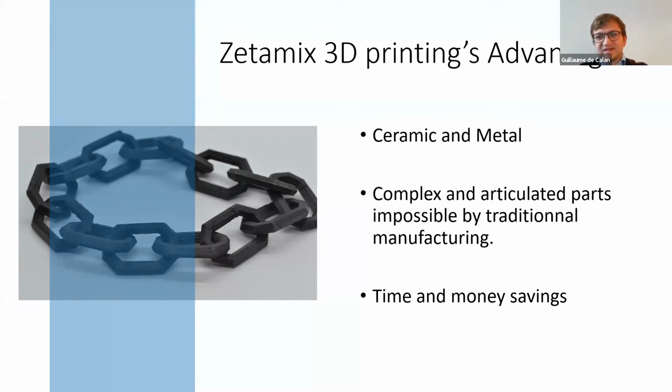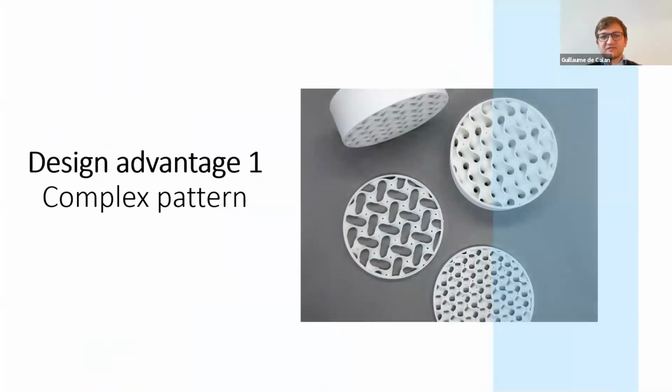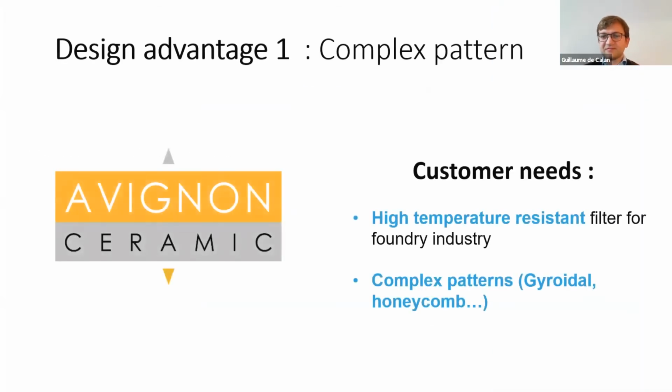So let's go a bit to these advantages in terms of design. The first one is that you can very easily create relatively complex patterns. Here, this is a typical example of a very well-known kind of pattern, which is gyroid patterns, which are extremely complex, if not impossible, to manufacture by traditional process. A few examples of how that can be used. We had some very nice use case with one of our customers, Avignon Ceramic, maybe in the webinar,